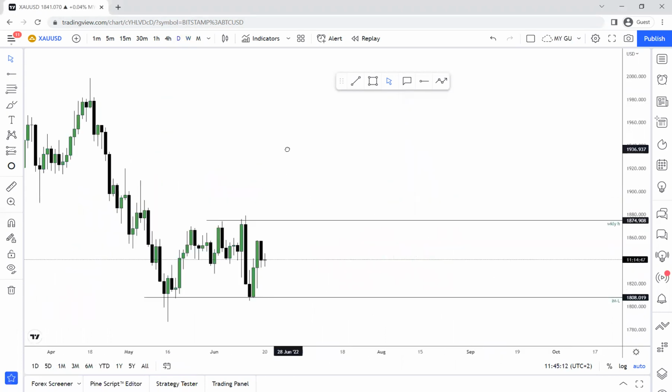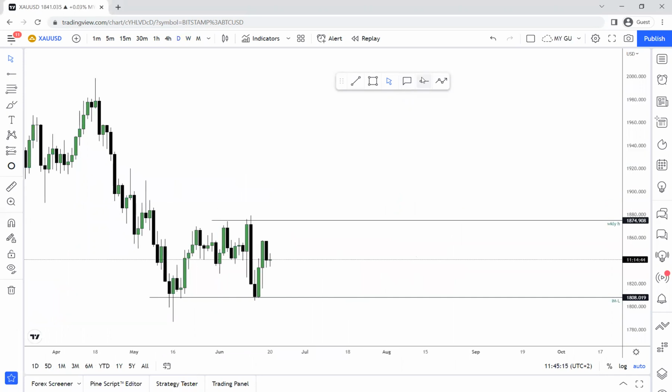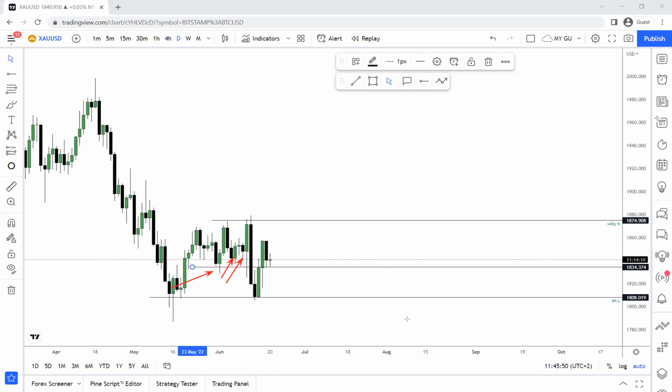In the daily time frame, that is where things get a little bit more interesting. So on the daily time frame, we do have a zone around this area. Let me put the line around this area. Now, we need to understand something about this area. If we look to our left, we are being guided by that area. You see rejection, rejection, right? That's how we know that there is a zone there.